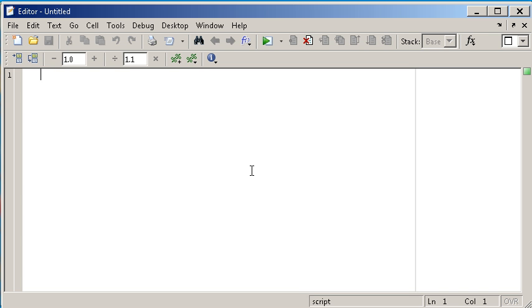Every function begins with a function statement, which starts with the word function. I think I'll write a little program that calculates the square of a number. So somebody enters a value when they go to use this function, and it returns the square of that value. So I'll call it square of argument equals